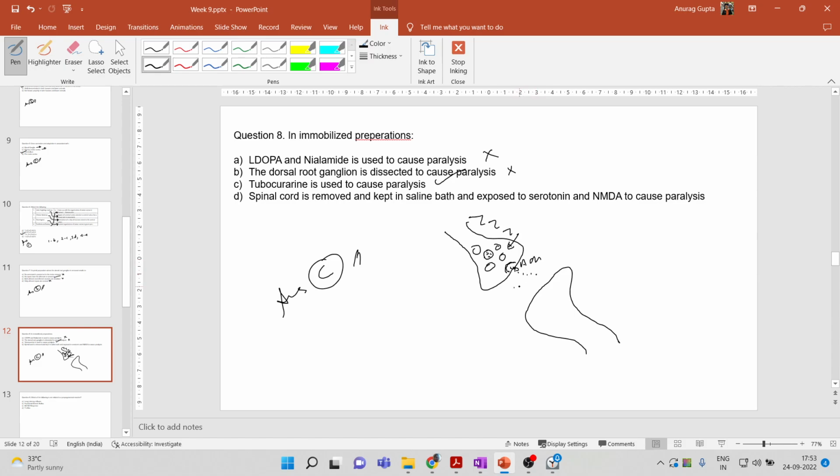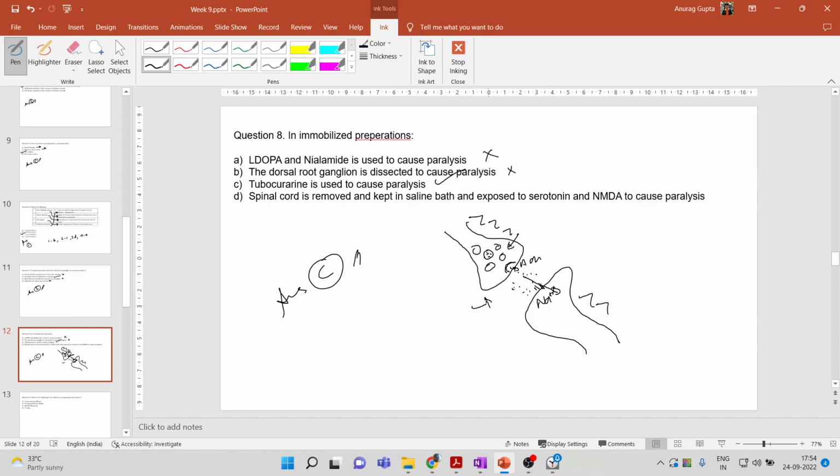Now this acetylcholine diffuses across the synapse, and it attaches to the nicotinic cholinergic receptors. When ACh attaches to these nicotinic cholinergic receptors, they open up, and there's a huge influx of sodium, which again causes an action potential in the postsynaptic membrane. So this is the basic working. Now what happens is